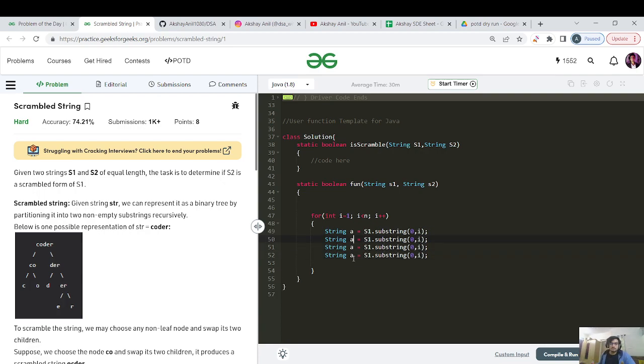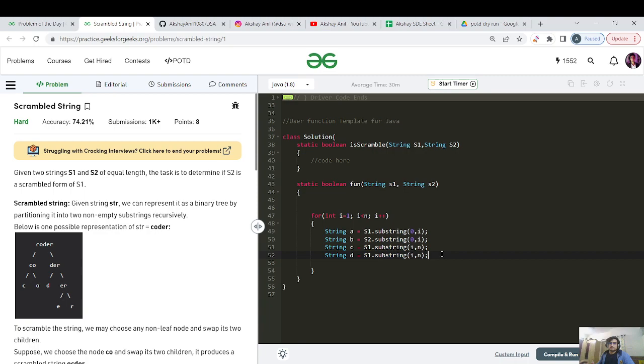Okay, so this is B, this is C, and this is D. And A is compared with B with the S2, that is 0 to I, and this is S1 from what? The remaining string is I to N, so it will be I to N, and this will be I to N. So A and C are coming from the same branch, right? This A and C, as you can see, both are pointing to S1, right? So this is from the two binary branches of non-empty subsets from the same string,